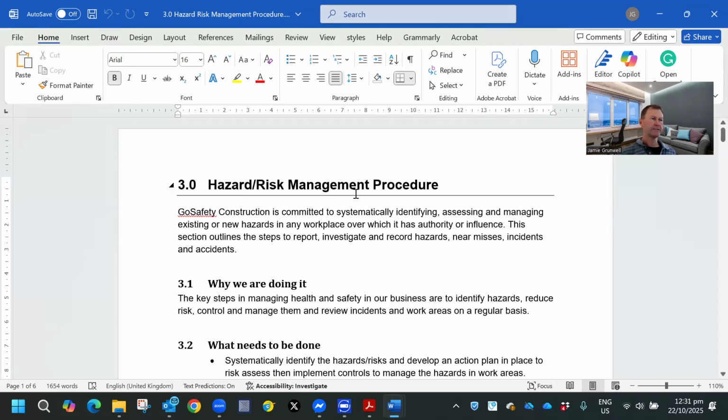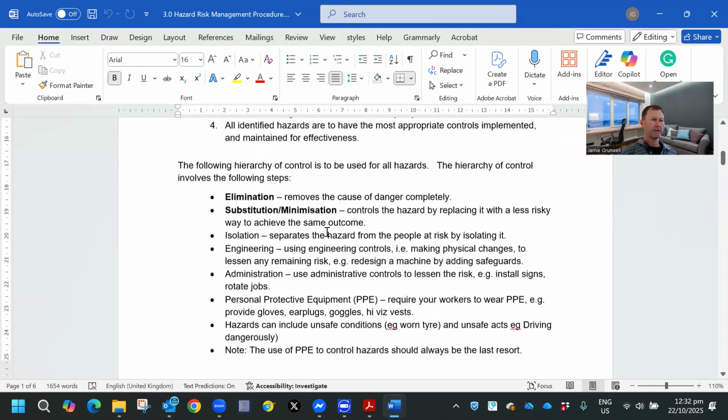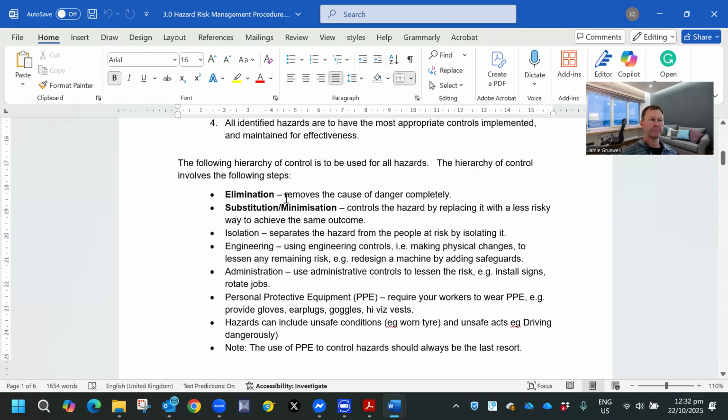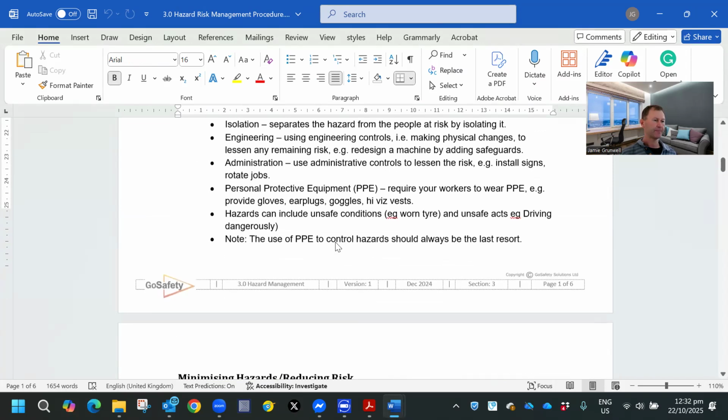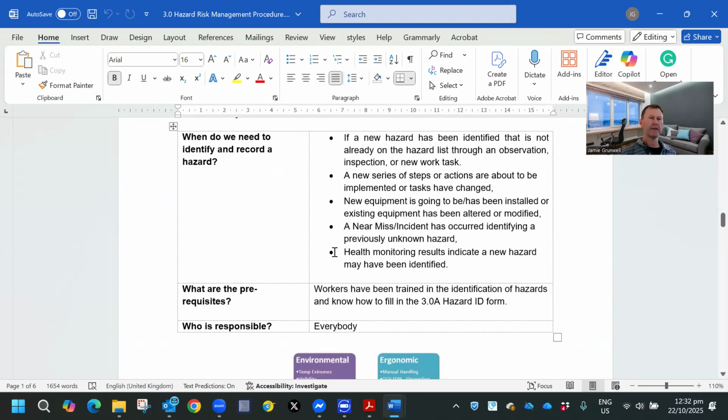Now, a hazard is anything that can cause harm or damage to anything or anybody. And a risk is the likelihood or consequence of that hazard. So this is the hazard risk management procedure, and you can go and have a look and a read of this at your own time. It talks about elimination and substitution minimization of hazards. And we'll talk a little bit more about that in the